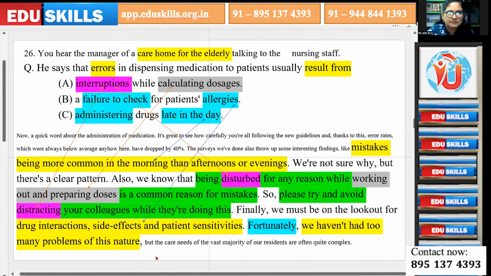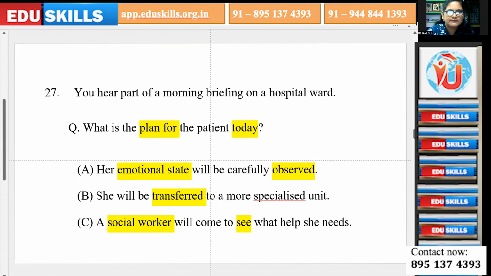Synonyms used there also. Again, next, option C: I already told that it's morning, it is given in the audio, and late in the day, so that it is the opposite option. And then again, the allergies; they are telling that kind of problems are not there. So fortunately, that expression, while listening itself, we can understand that that is not the answer. Is it clear? Yeah, let's move to the next one.